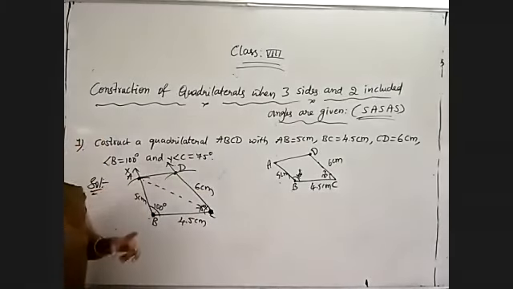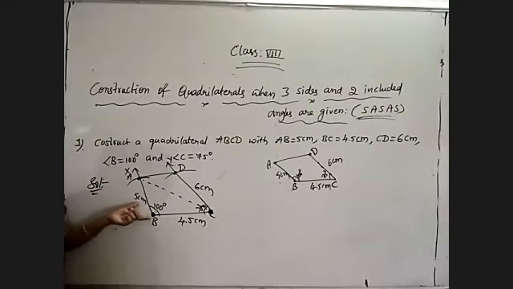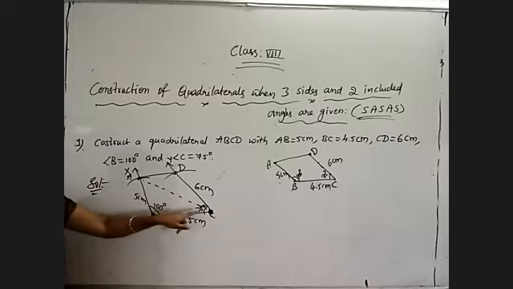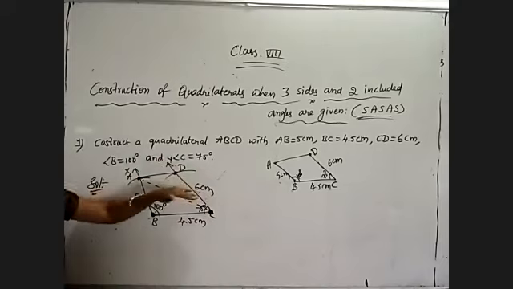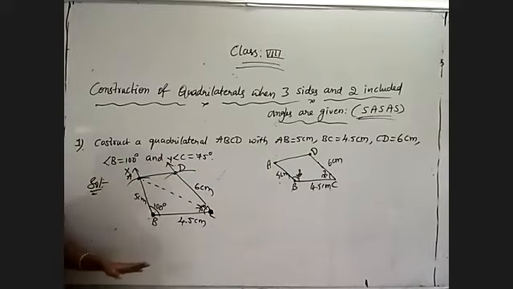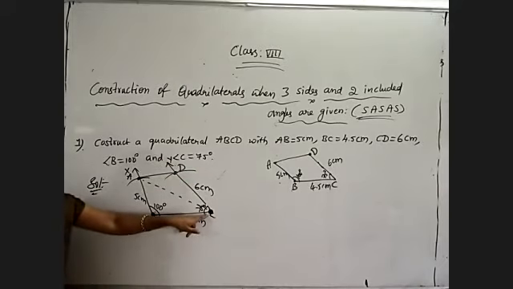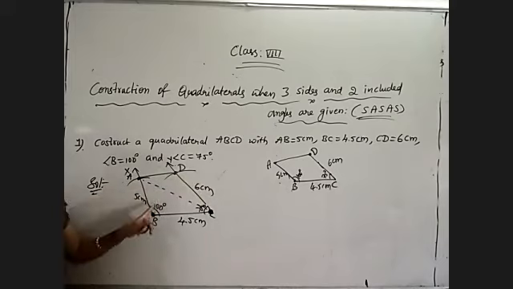Whenever included angles are given, wherever you have constructed the angle, there only you will get the arc. That means on that side only you will get the included angle. Between these two sides, this is the included angle. So wherever you have constructed the angle, on that ray only you will get the fourth vertex, that measurement only. Means if angle C is given, from C only we need to draw the arc. If angle B is given, from B only we must draw the arc.